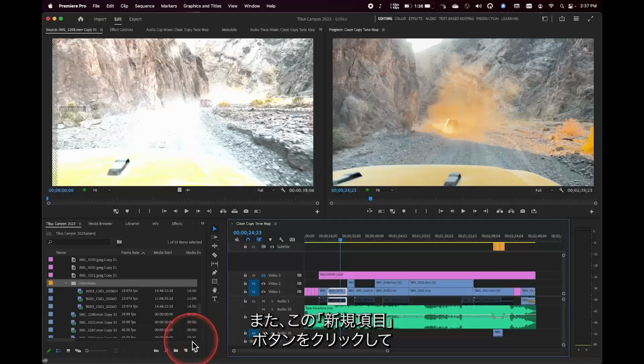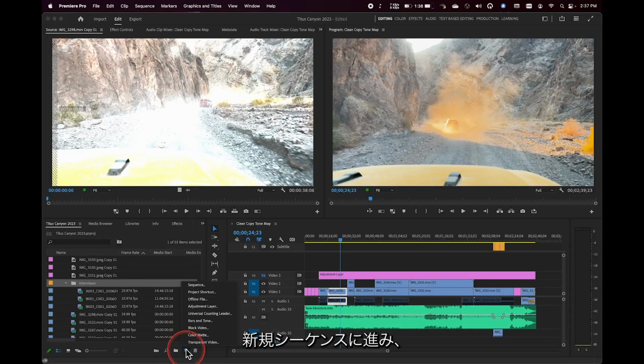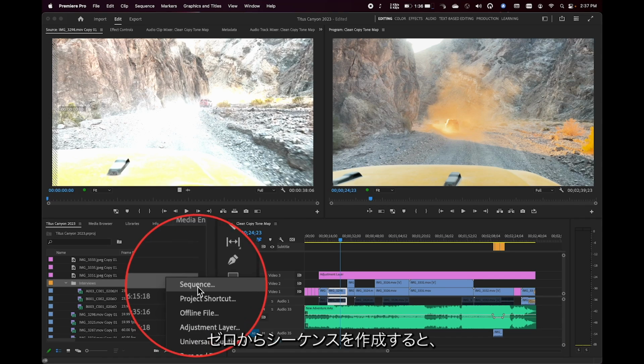Yeah, I said it. Vertical video sequence as well. So just keep in mind that as you're working within a sequence, usually you'll standardize on one particular set of sequence settings for creating a sequence. And I also wanted to point out, if you create a sequence from scratch by clicking on this new item button and going to new sequence,